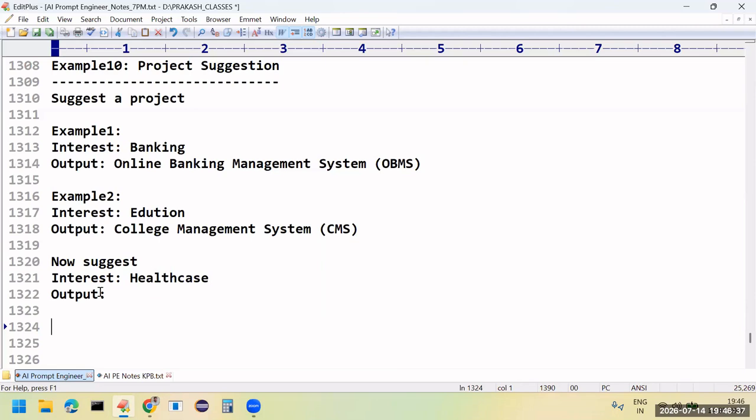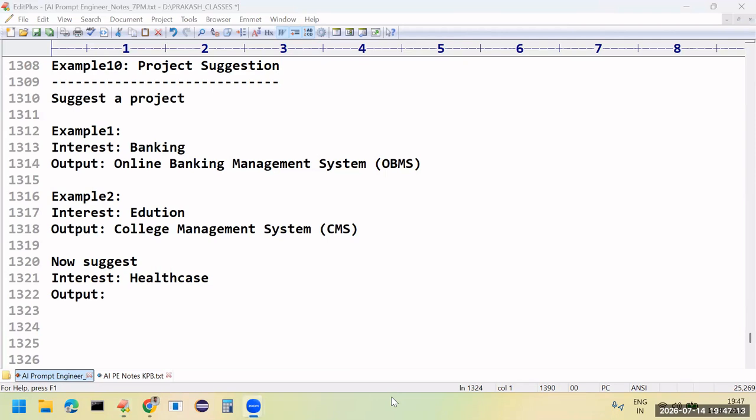I just need to sit in my chair and I will get a WhatsApp message: only one chocolate is left in your shop, can you please purchase more? Because the productivity level is high, more chocolates are going this month, so I am recommending that you purchase this many chocolates and keep them in your store. We can do these kinds of messages also. I will show you everything at the end of the session. We will get projects also. Okay, thank you. Sir, now coming to the next example.